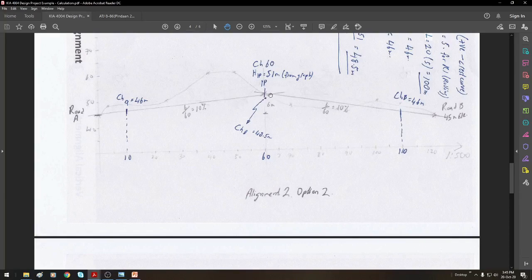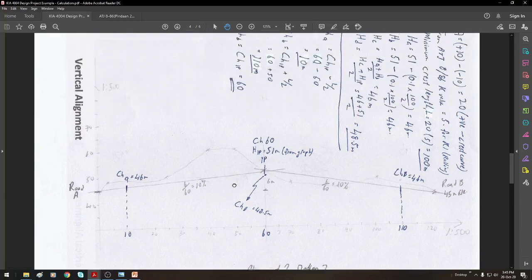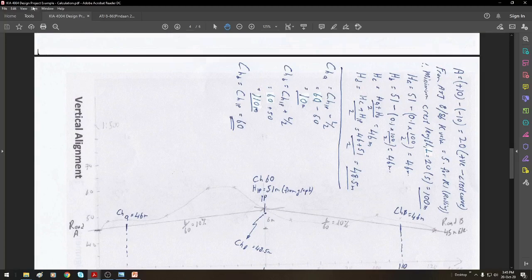So for the IP, you get the chainage of the IP from the graph here, chainage 60, and the height of the IP, 51 meters. You get it from the Y axis, which is 51 meters, from the graph here. All right, for the calculation,